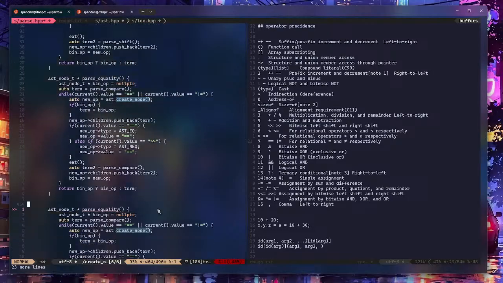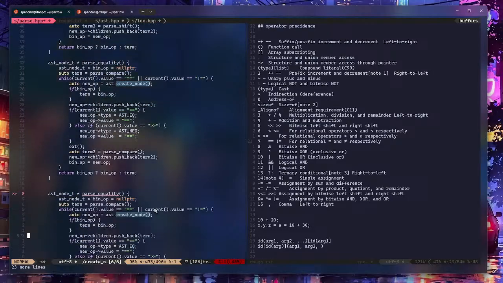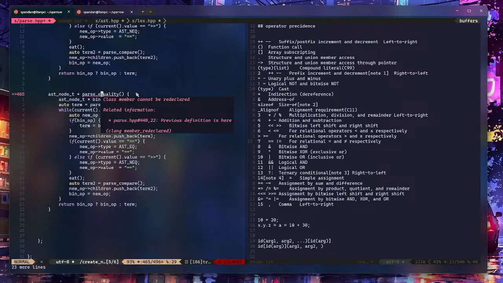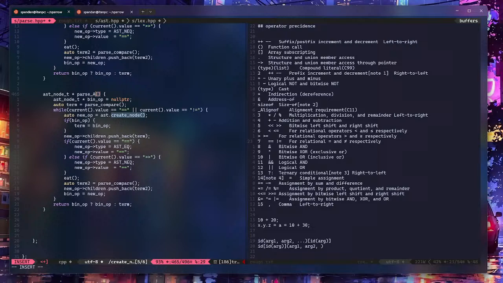And can you believe it? Like in this single file, while doing stream, we wrote around 500 lines. So first one is parse and, right,